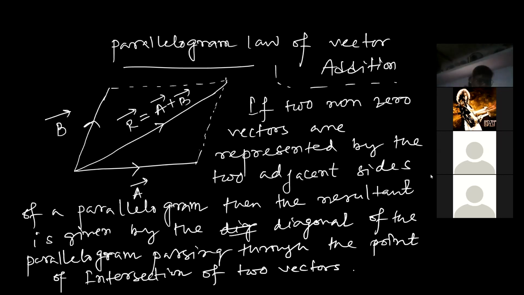In this figure, the angle between the two vectors can be represented as theta. We'll draw the figure again to find the magnitude of the resultant vector. We will get the same formula as the previous one, the one we obtained for the triangle law of vector addition. But sometimes the proof is asked for 2 marks. That's why we have to do that.